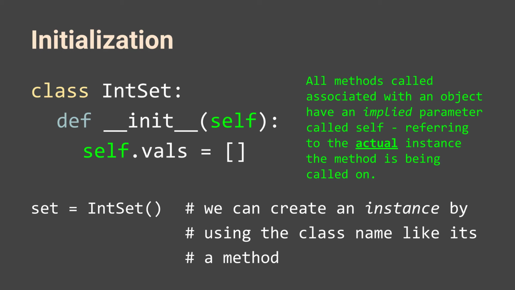So what's the parameter all about? Notice that we don't have a parameter being passed into these parentheses, but we do have this self parameter inside the init. All methods associated with an object have an implied parameter. It's an automatic parameter. It's the first parameter in the function. In this case, it's the only one, but it doesn't need to be. We can have more parameters. It's implied to be the first one. It refers to the actual instance, the actual piece of data, the actual variable that this method is being called on. So if you think back again to like list.sort,